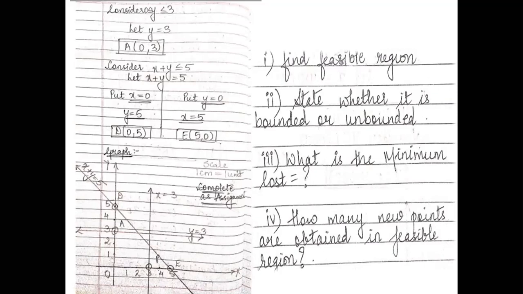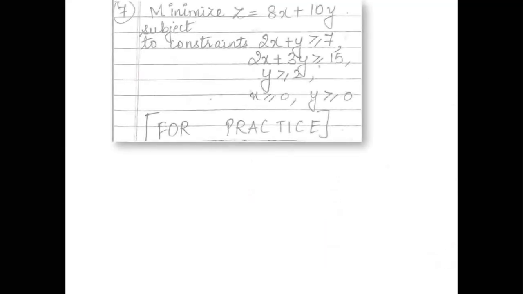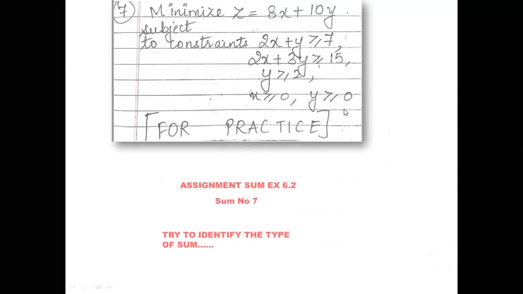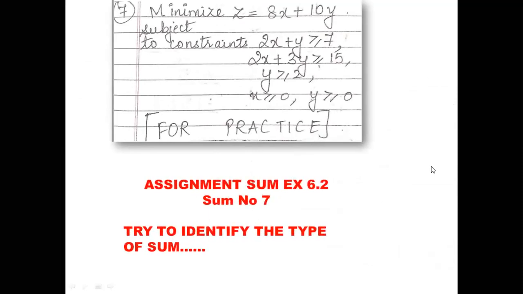Okay class, I hope the first type of sums are clear to you all, that is sums involving independent variables. I am giving you all another sum for practice. Now this you have to start from the start because I have made nothing in this sum. So you can take one more sum for practice.